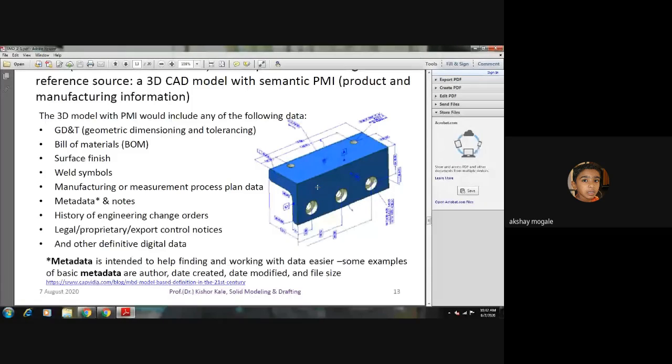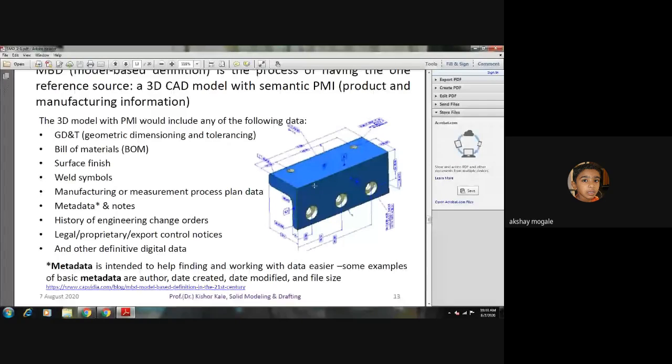Then legal, proprietary, and export control notices, if any are associated with this, will also be incorporated in this. Any digital data or other information can be stored in this particular model itself.